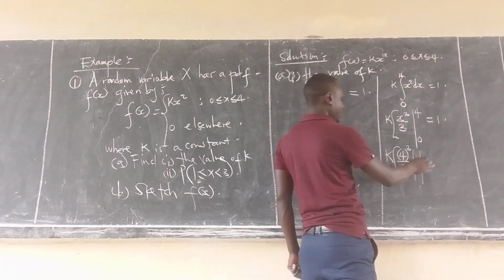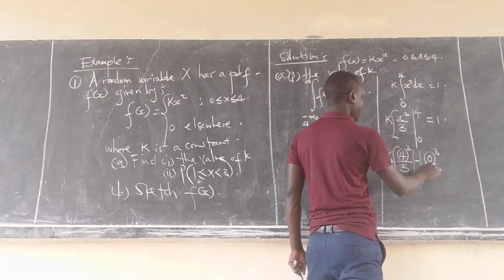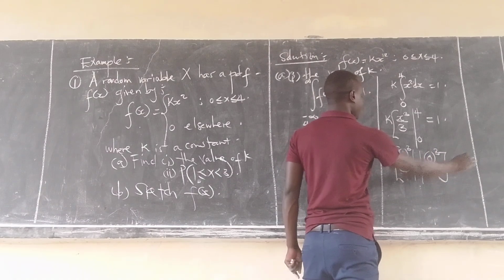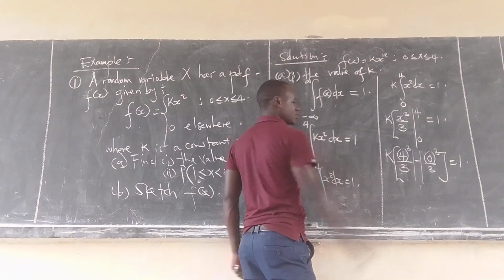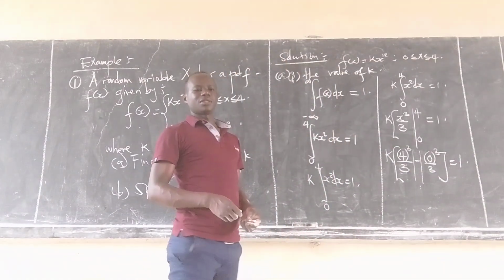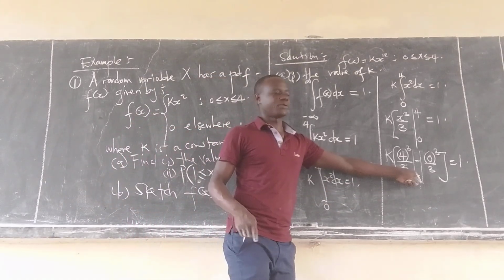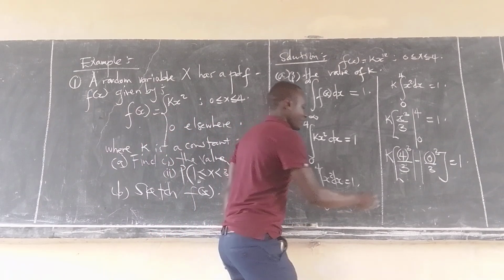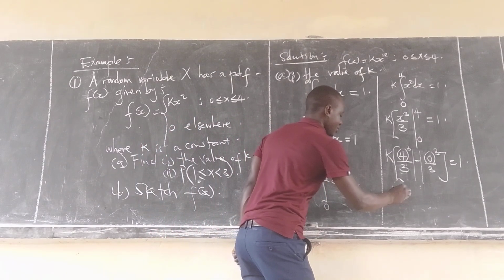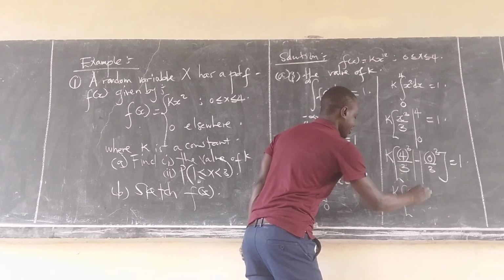Put in the lower limit, we are going to have 0 cubed over 3, and all that should be 1. So even when this one is 0, we don't write the 0 before substituting in. So this step is very important. Now after that, we are going to have our k into 4 cubed, that is 64 over